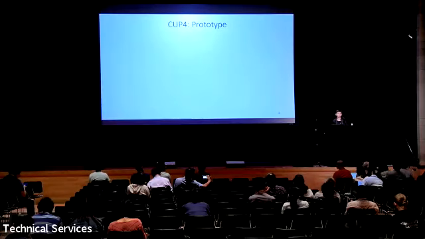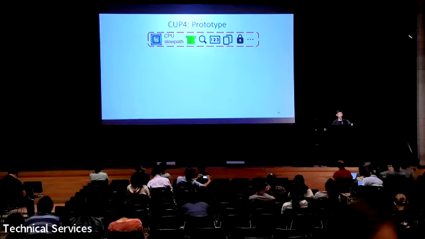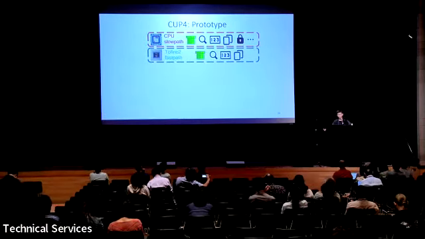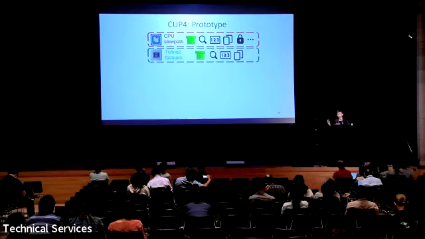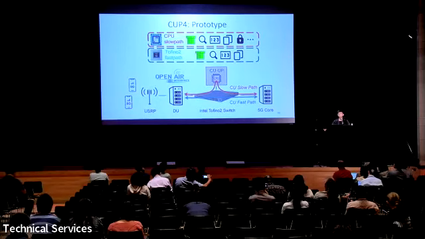To that end, we came up with a prototype. Basically, we call it CUP4. It takes a hierarchical approach whereby we have a CPU slow path, which supports all the functionalities of the CU, and a Tofino-2-based fast path that supports the key functionalities in order to offload most of the traffic. We implement our prototype on a Tofino-2 switch, and we integrate it with the OpenAirInterface 5G RAN stack. And this is deployed in our 5G testbed.